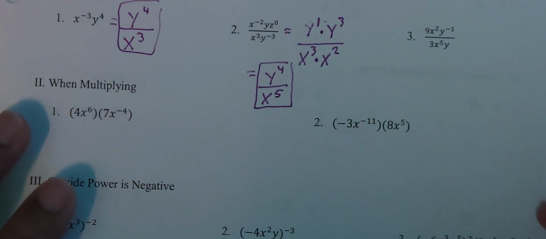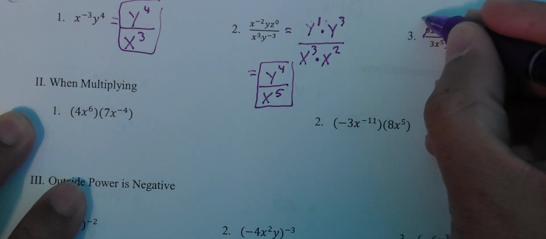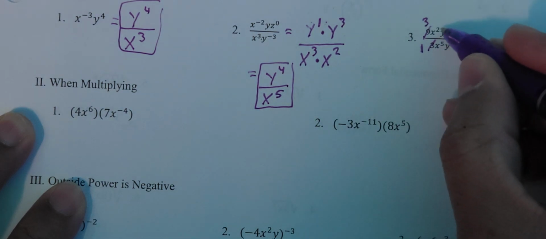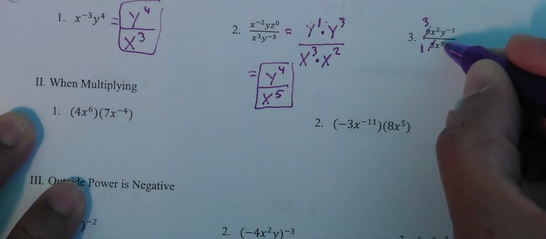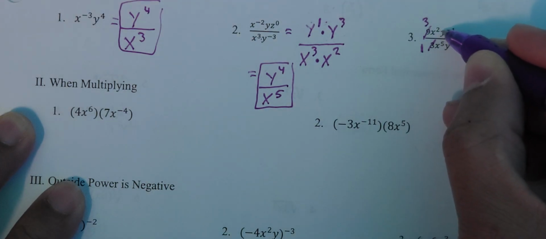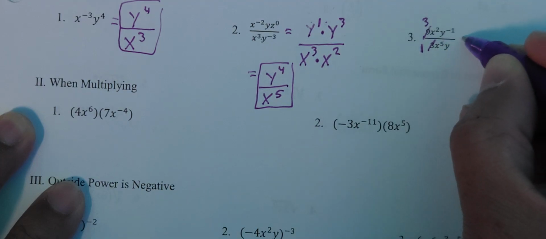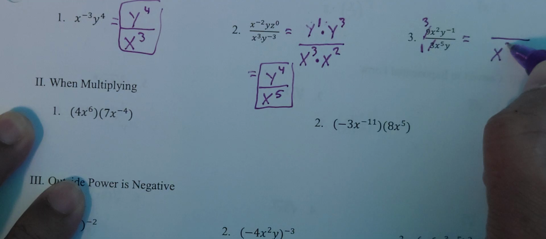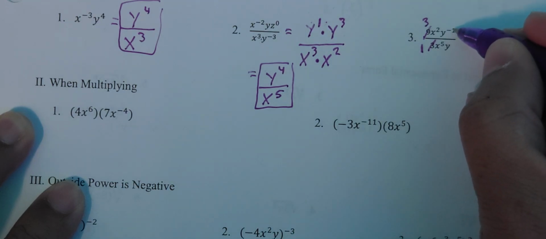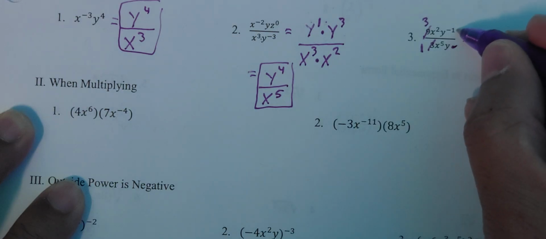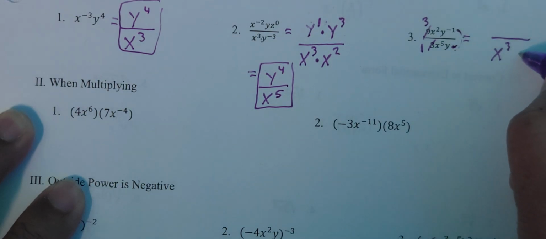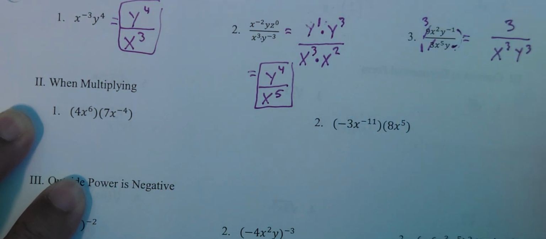All right, next one. 9 over 3. That 9 becomes a 3, and this 3 becomes a 1. Then I have x to the second over x to the fifth. Again, this power is negative, so it's like saying 5 minus 2, and I need to make that 3 positive, so I bring it back down to the denominator, meaning I have x to the third, and this is y to the negative first power, but I have a y to the negative first power in the denominator, so I need to switch this too. I'm going to bring this to the denominator, meaning I have, let's see, y to the third, and this 3 stays in the denominator again because I have a negative,